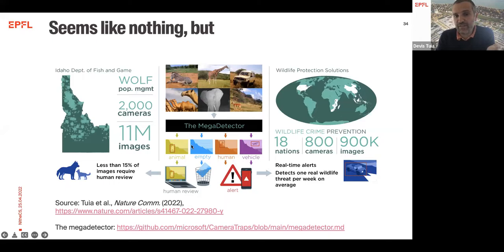And given this prediction, the 90% of images that are empty go to the bin. You don't even have to screen them. Those where animals are detected can go to experts. They can do only the review of those and then be much more efficient in staying up to date with their camera trap footage. And if humans or vehicles are detected, then it can be used, for example, for anti-poaching efforts. So this is the type of accelerators through technology that can help the daily job of workers